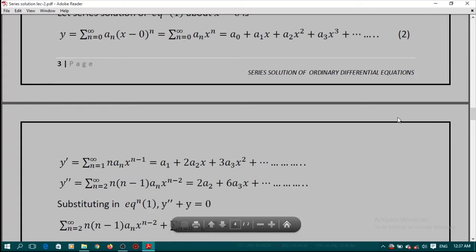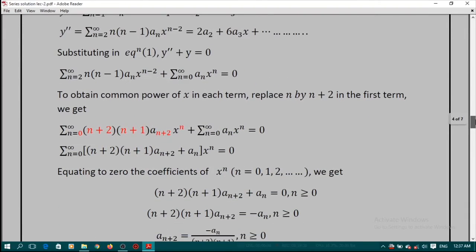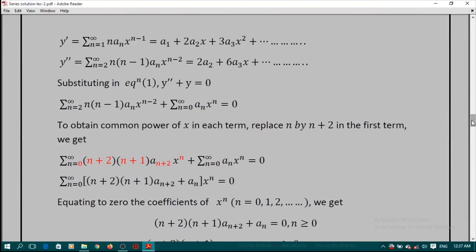Now substitute all these values in equation 1. So we get summation n running from 2 to infinity n(n−1) an x^(n−2) plus summation n running from 0 to infinity an x^n,